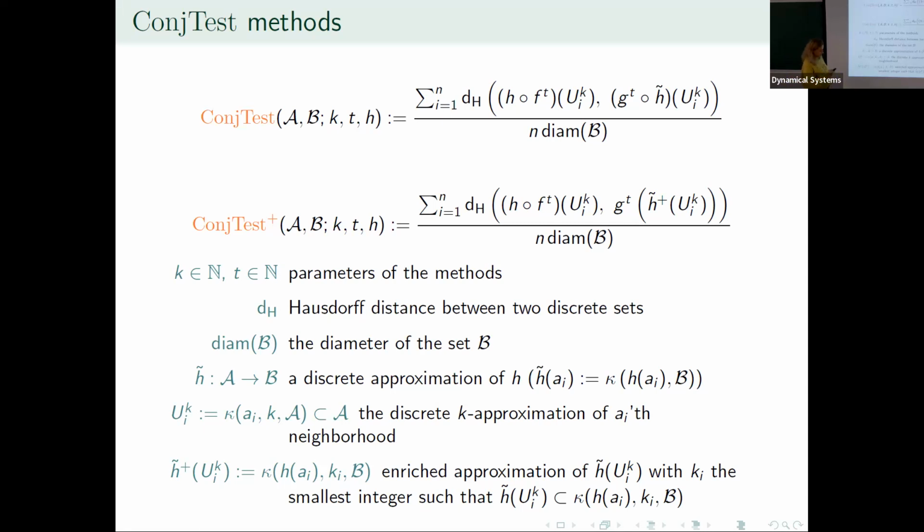Yes, and we do it for every point in our time series, and we sort it back, normalize. And in this way we obtain this value that we called the conjugacy test of A versus B with these parameters. So question: even if H is a true conjugacy, it's still possible that because it distorts things, the Hausdorff distance above will not be zero, it will be some positive number because some points will stretch. Yes, because it's also this problem, that I may not exactly find this point, but